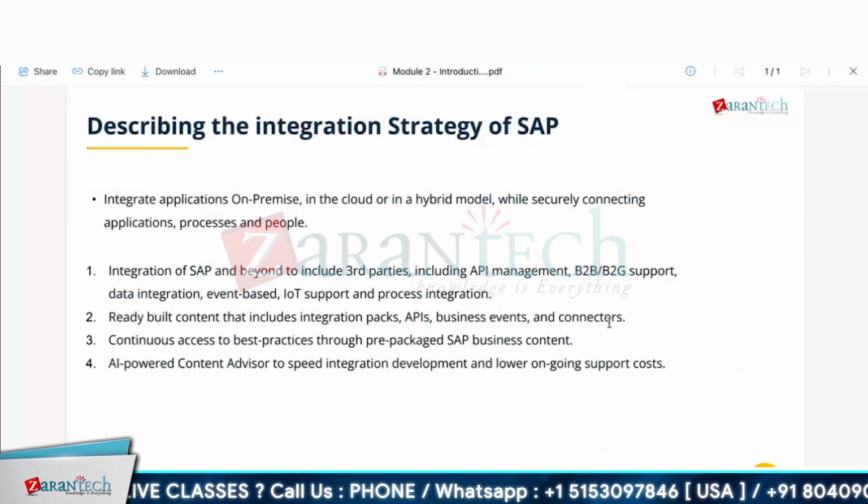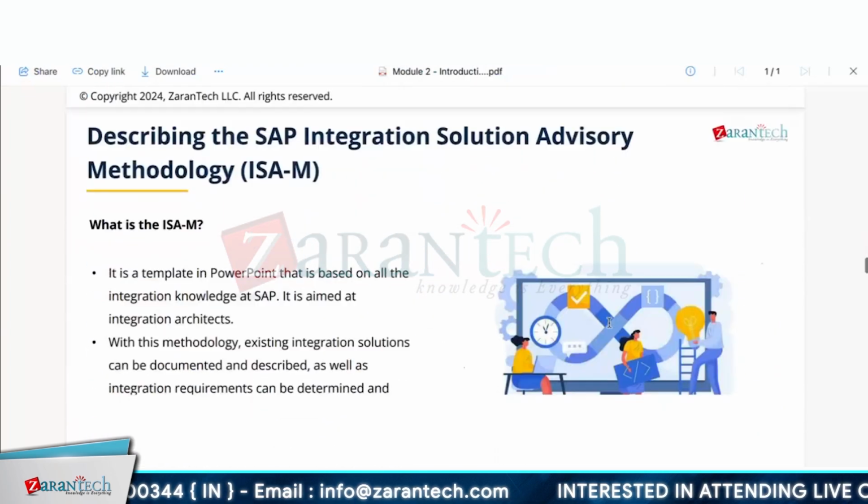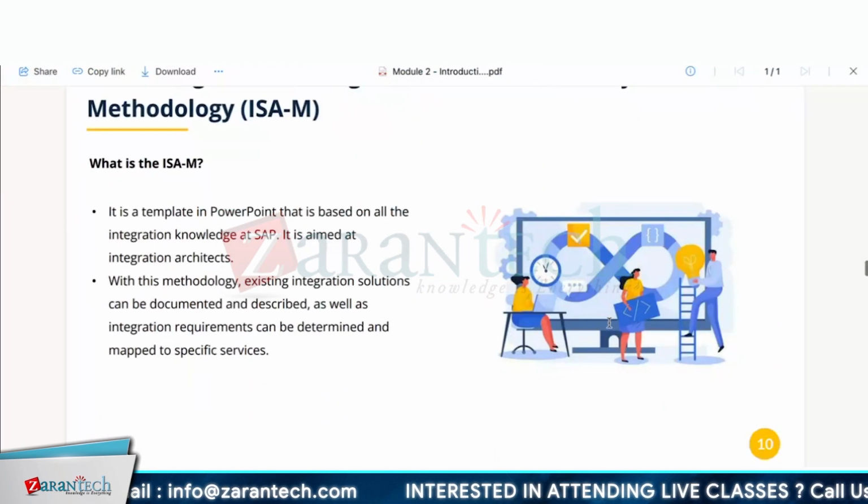And as I told earlier, content advisor plays a major role, and it touches upon multiple components as well. Okay, and coming back to your ISAM.